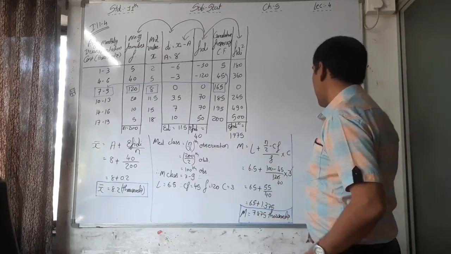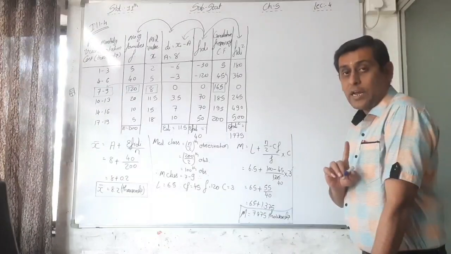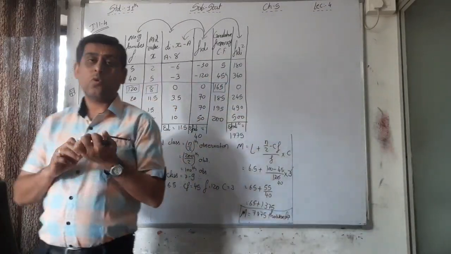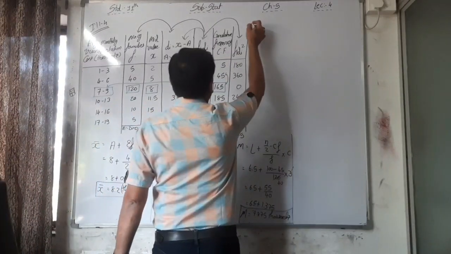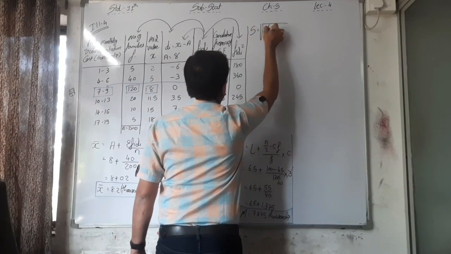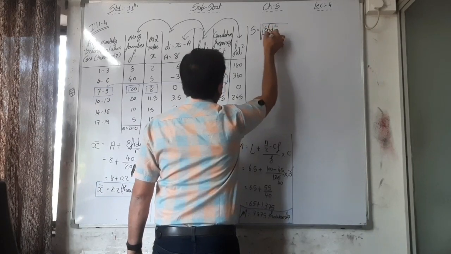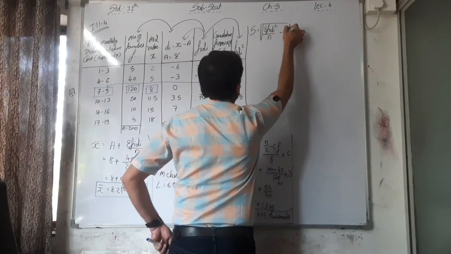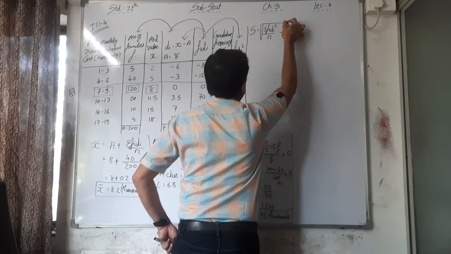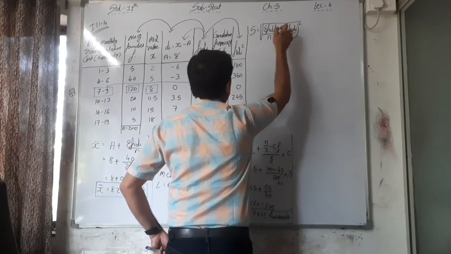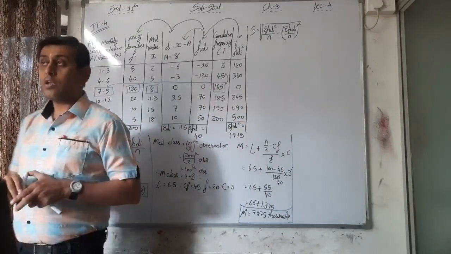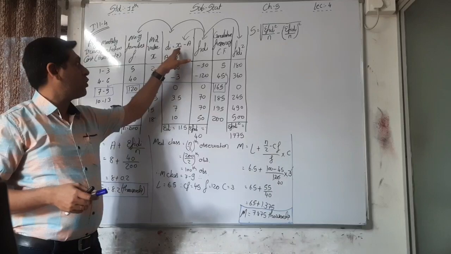Now we have to find the value of the standard deviation, and then we can find skewness as well as the coefficient of skewness. So first of all we are finding the standard deviation. S is equal to the square root of sigma fi di square upon n minus sigma fi di upon n, whole square. If we were to take into C, we cannot take it here, because in the di column we are not taking C.